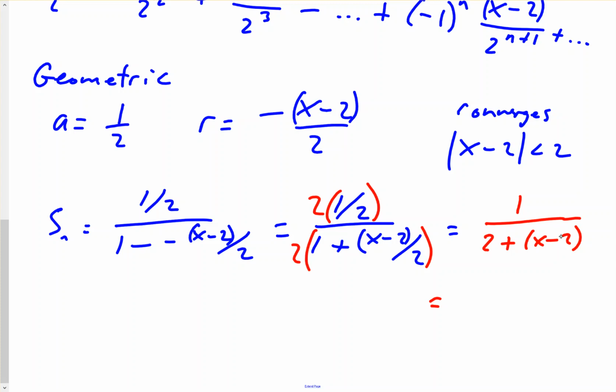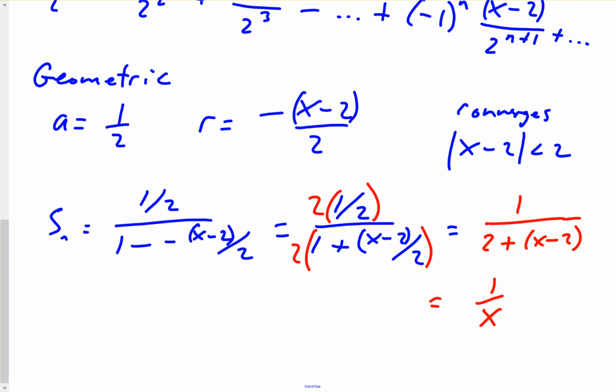So the 2 and the negative 2 would cancel, so we would end up with 1 over x. So we end up with the Taylor series generated by the function 1 over x, and it converges to 1